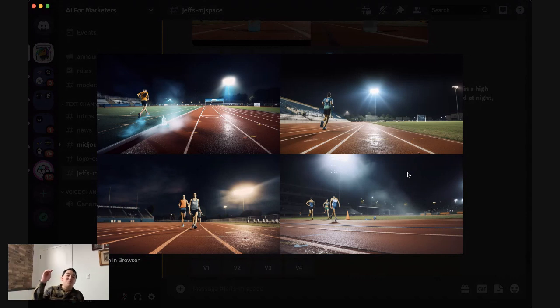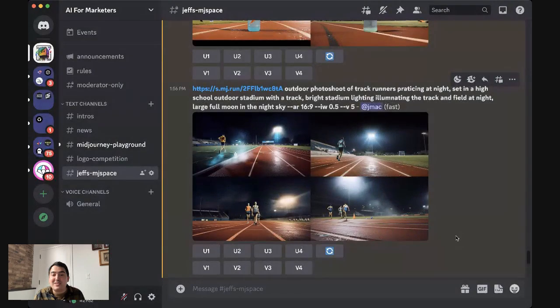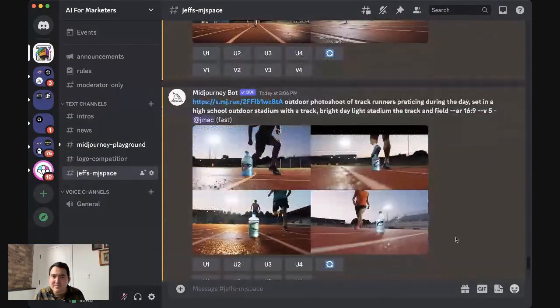Again, getting us to a really great point where it'd be easy for us to just Photoshop a Gatorade bottle or a Gatorade logo or copy, or just using these as a storyboard in an ad that we'd want to shoot for Gatorade, but we don't necessarily want to spend hours on a stock photo website getting the lighting and the tone and finding the right high school track. This is where this can help us save time as marketers.